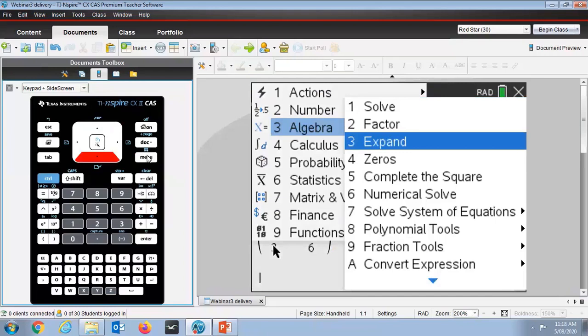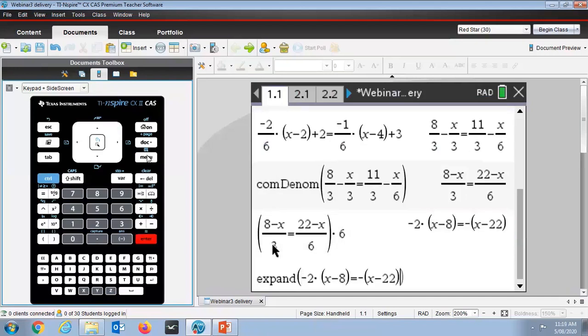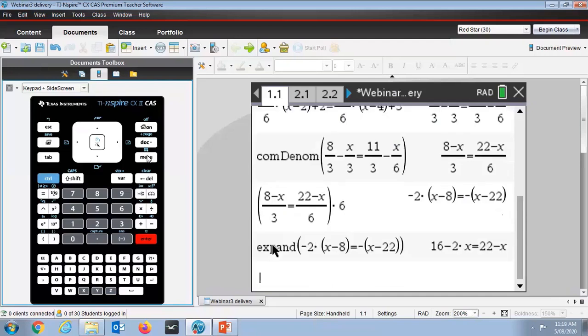What do we want to expand? Well, we want to expand the previous answer. Remember, we get to that simply by pressing the up arrow key. That copies that expression. We press enter. That pastes it down into the brackets where we wanted it. I press enter again, and we have an expression that is much easier to solve. Now, that expression, 16 minus 2x equals 22 minus x, is now open to us to do what we would like to do,